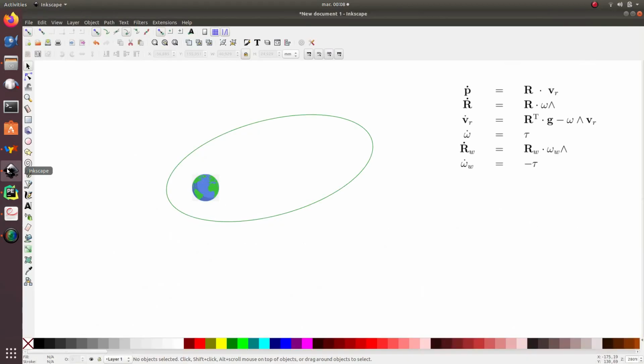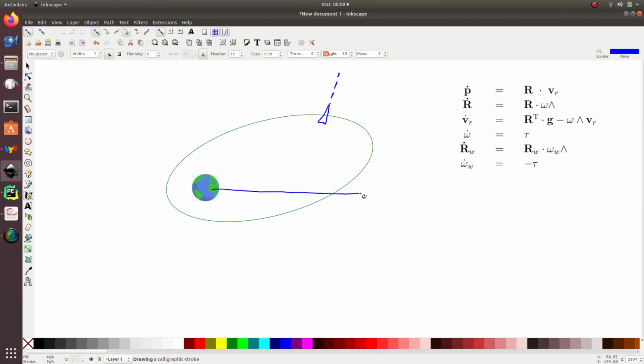So it is a two-dimensional satellite. I will represent it here like this, and here the satellite is able to see forward, but I want it to be directed to the center of the Earth. So the position of the satellite is given by a vector, P1 and P2, so it is a two-dimensional vector, and